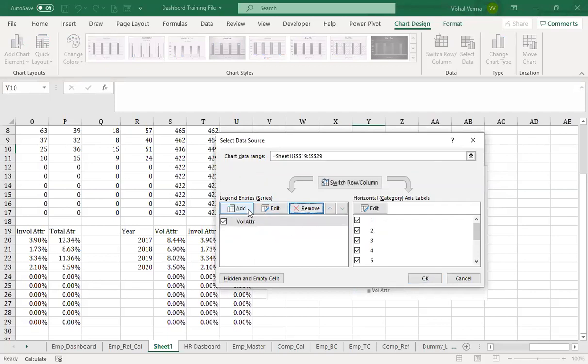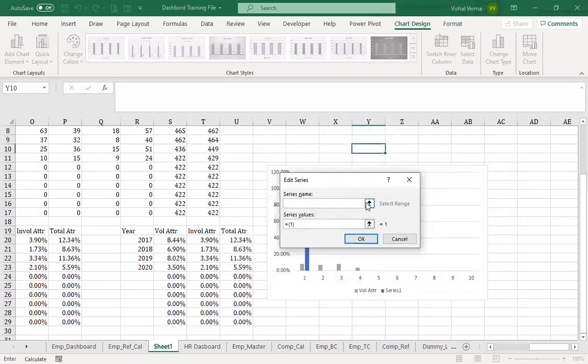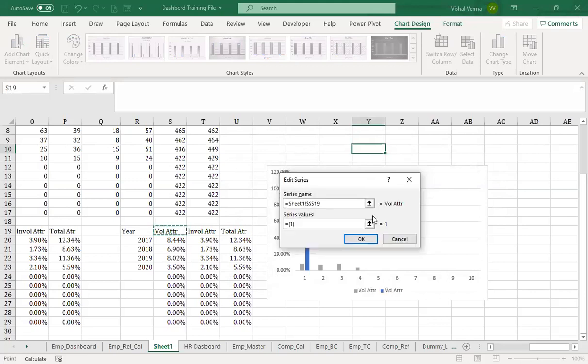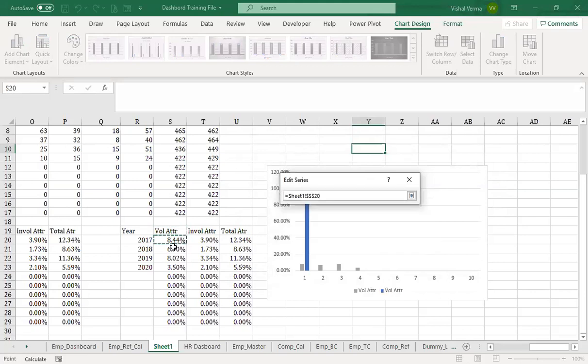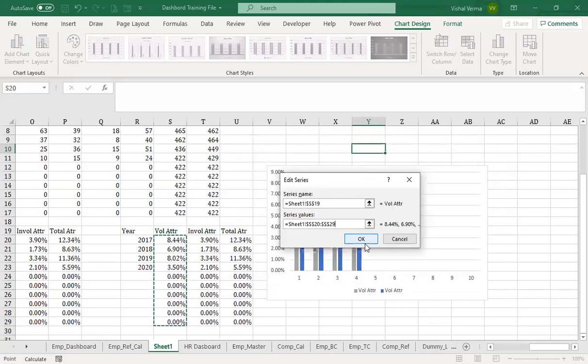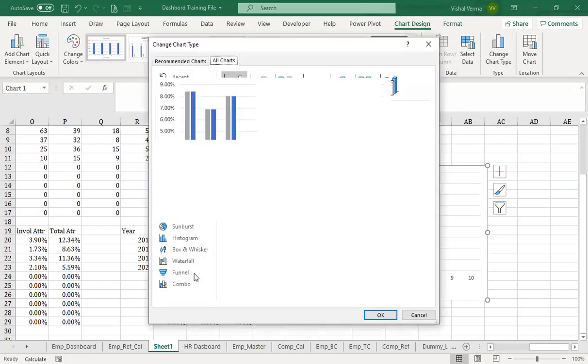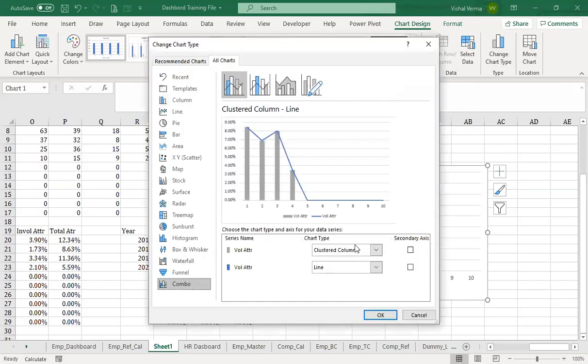Just remove it and add again. The series name will be voluntary iteration, and the series will be this. So we got this. Let's go into the chart combination, go for the combo chart and select this line.